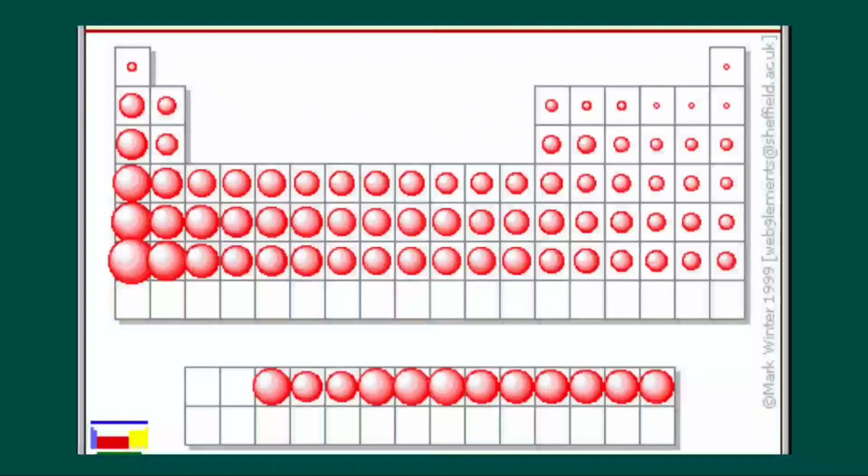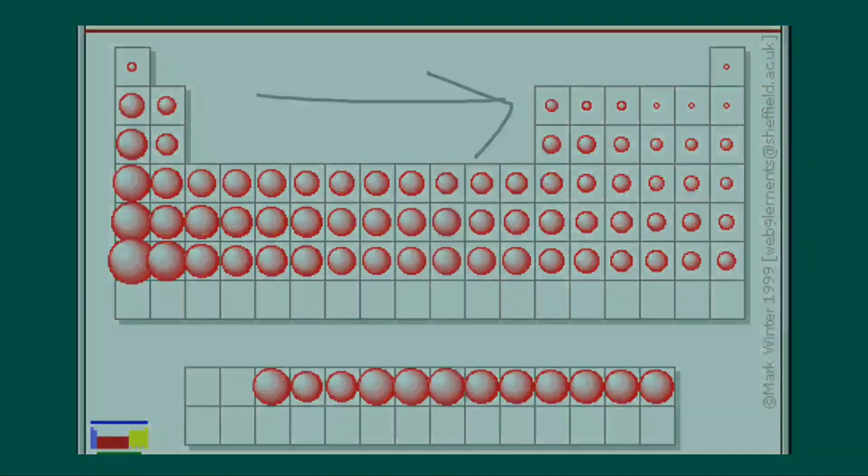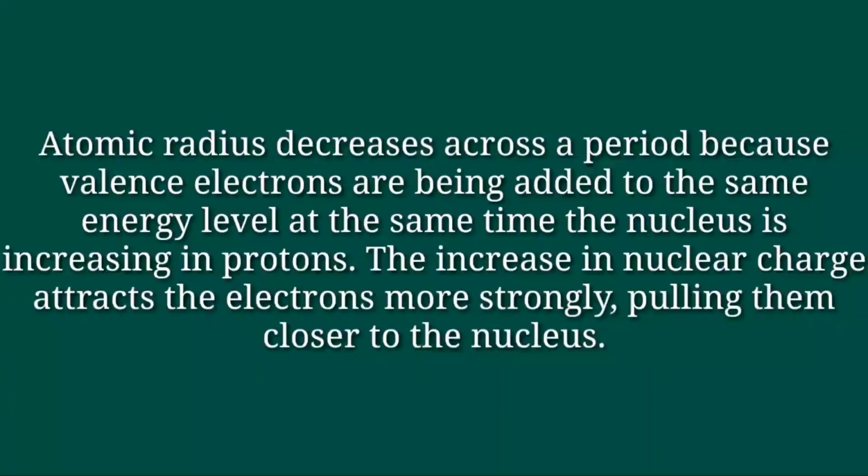Now coming to the period, the atomic radius or the atomic size decreases with the increase in atomic number as we move from left to right in a period. This happens because as we move from left to right in a period, the nuclear charge increases by 1 unit in each succeeding element, while the number of shells remains the same. Due to this increased nuclear charge, the electrons of all the shells are pulled closer to the nucleus, thereby bringing the outermost shell closer to the nucleus, which causes the atomic size to decrease across the period.